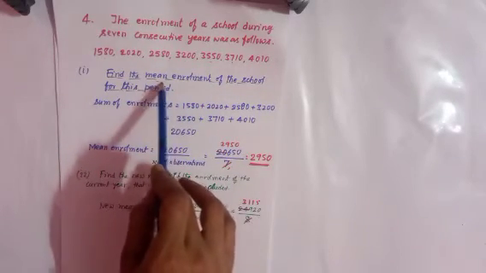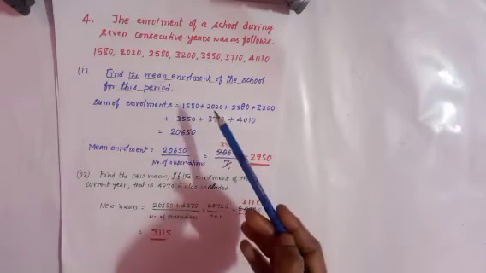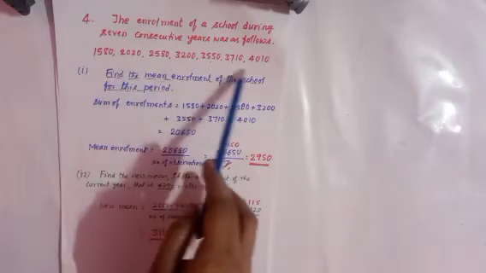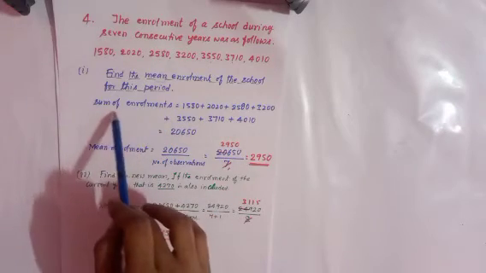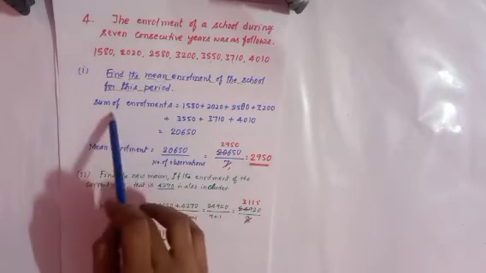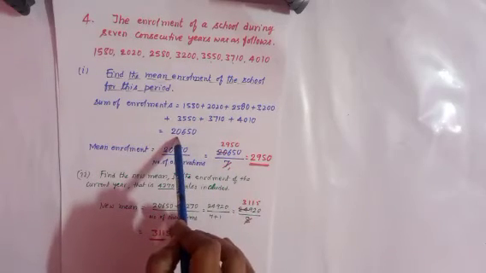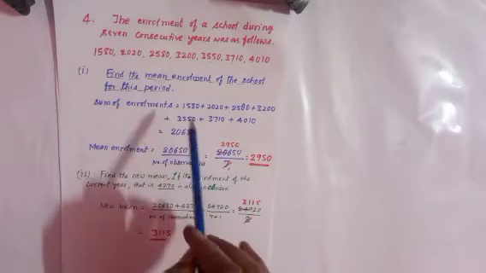We have to find the mean. So what do we have to write here? Mean means the sum of all observations divided by the number of observations. So we have to add all this data. How much will we get? The sum of all observations, that means the sum of enrollments. When we add all this, how much will we get here? 20,650, divided by the number of observations.